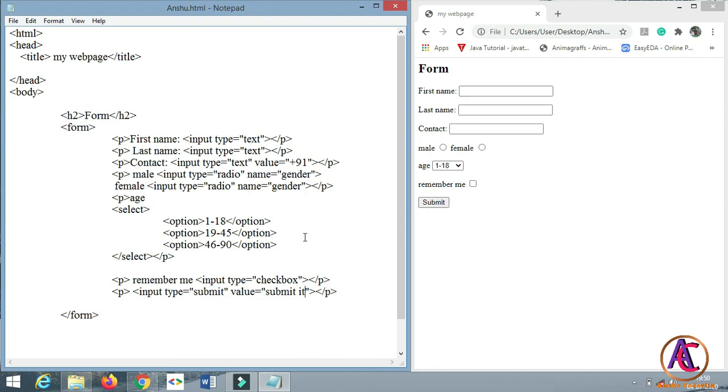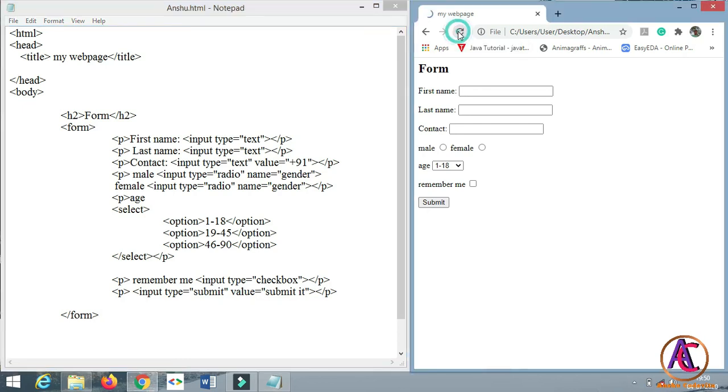Save this and refresh it. You will see that in contact +91 appears by default, so that the user can enter the remaining number. And also in place of submit, submitted appears.